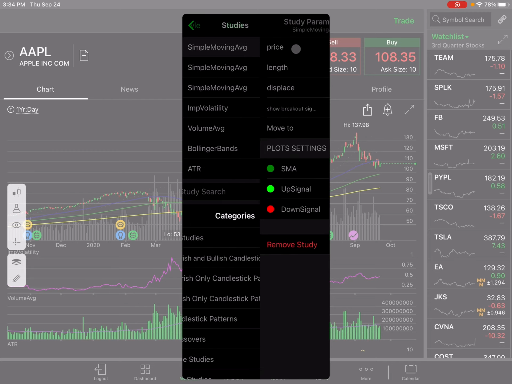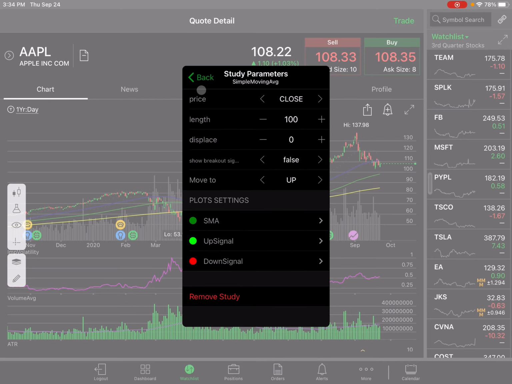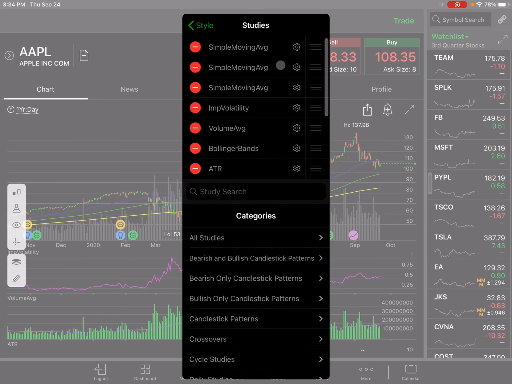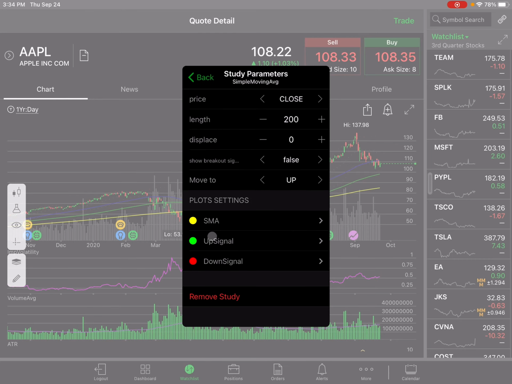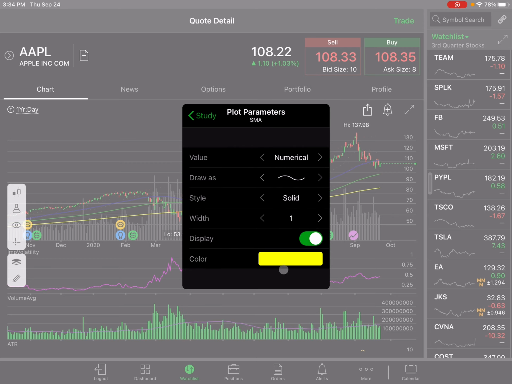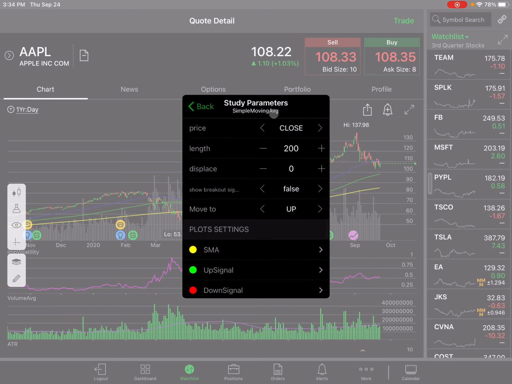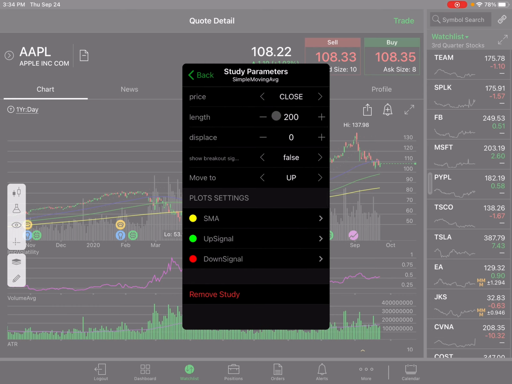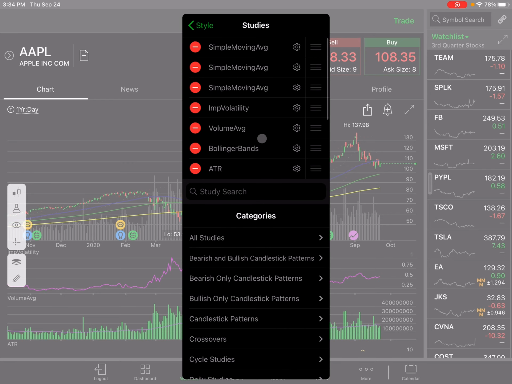So the only difference between these moving averages here is the SMA color, and you can see these are all the default settings, and the length. So you need one to be 100, one to be 200, one to be 50 if you want to copy what I'm doing. And then pick your own 3 colors, or use